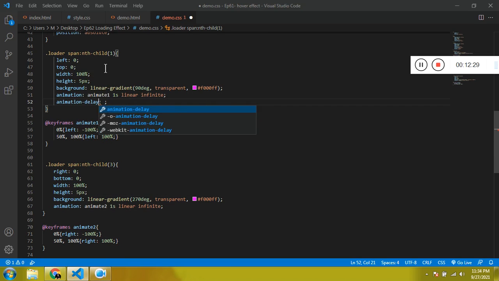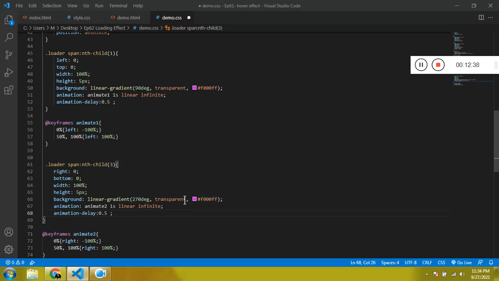Sorry, for the first one it is going to be 0, the second one is going to be 0.5, the third one is going to be 1. Now if you see,